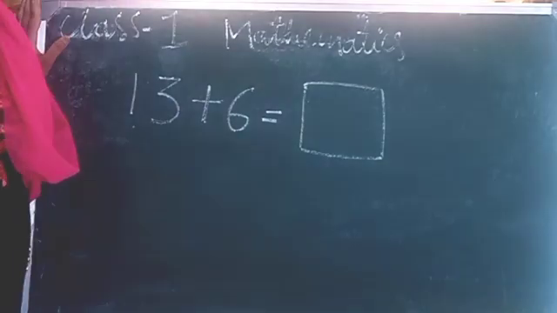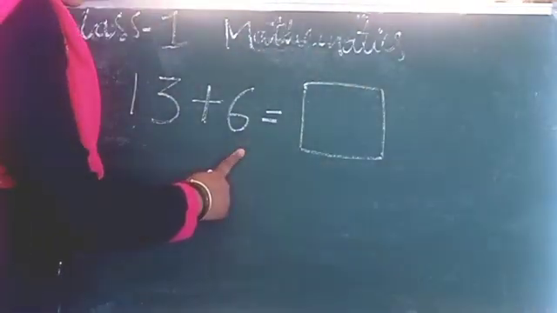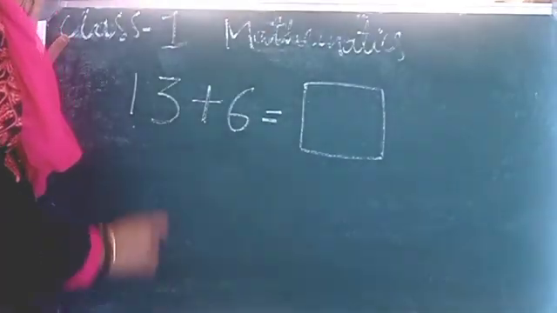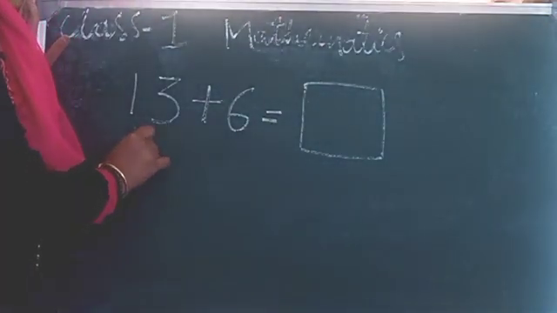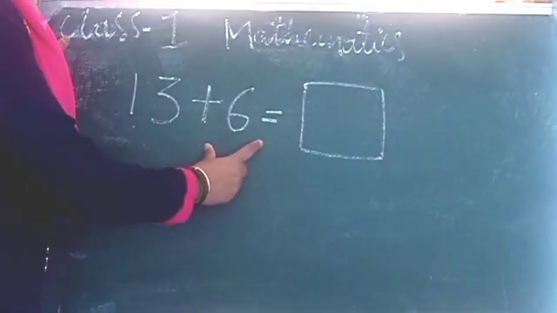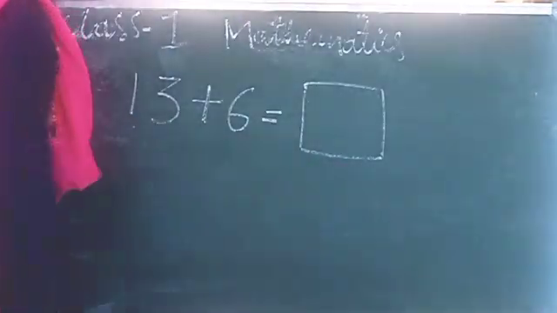All the 4 problems in your textbook. Okay, yes. I will solve the second problem, that is 13 plus 6. We need to find out 13 plus 6. Here we are having 13 as a bigger number. Let us break down this 13 and add with the 6 so that we can get the total.